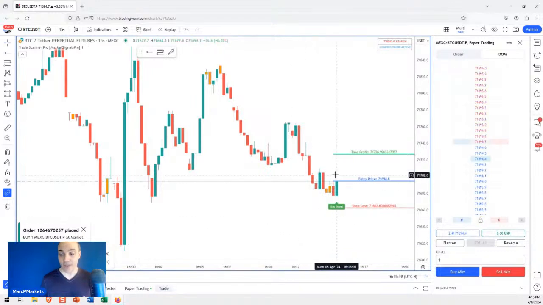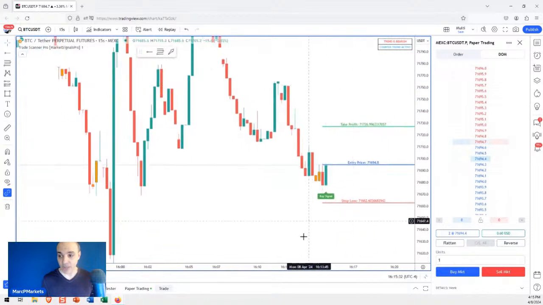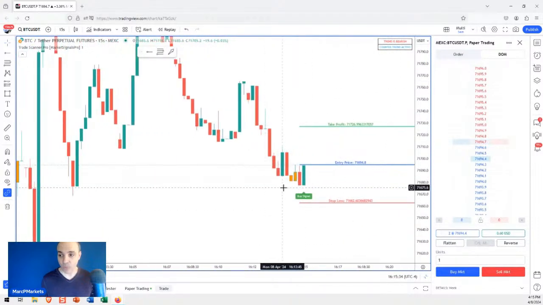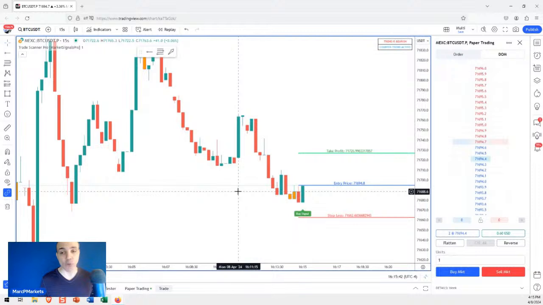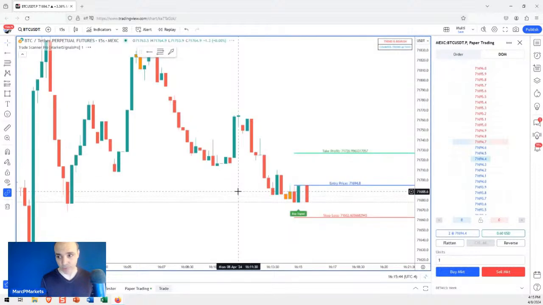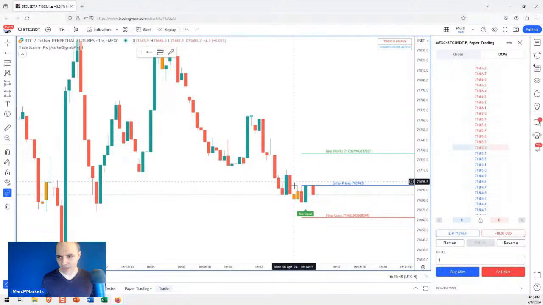Now I have 2. If I win, I'm going to win more than I would have been losing because I only had 1 on the warning. Now, that's not how you trade the warning. The warning really is just to give you the heads up that this signal may be coming. And you realize on a 1-minute chart, that warning means a signal may be showing up in the next few minutes. If you have a warning on an hourly chart, that signal may be showing up in the next few hours. Okay, understand that. Now, all right, so let's see what's going on here with this.